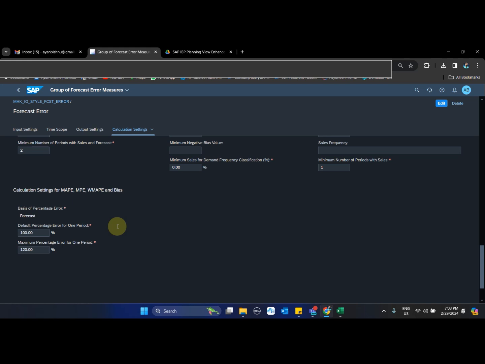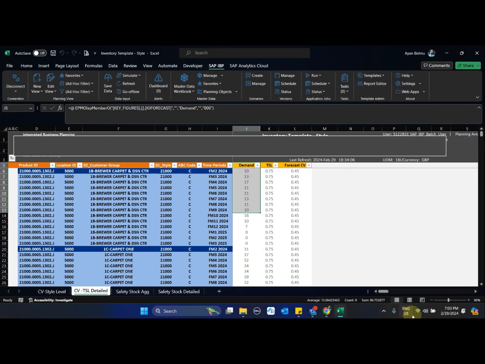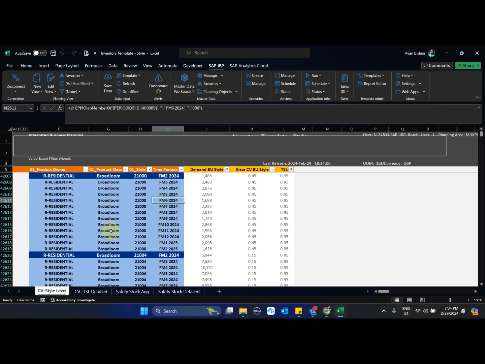So once this is done, here, if you see at this level, which is the product owner class and style level, I have copied the IO forecast to a key figure called demand BU style, and similarly I have copied the key figure IO cells to a key figure called demand BU sales history.